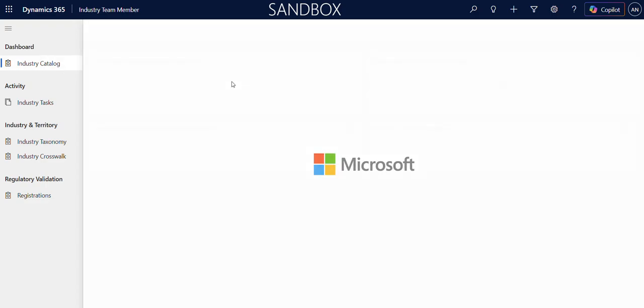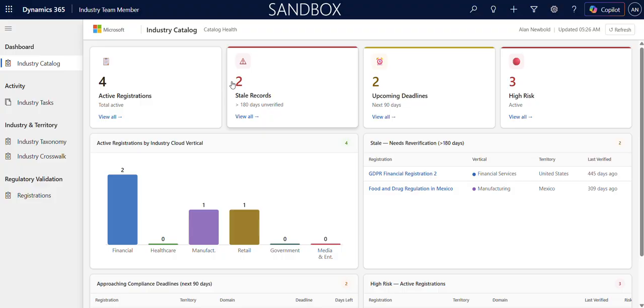So we're back in the app now, right? Let's look at how a registration becomes real seller intelligence. We'll get to the point where we're looking at sales agents, but right now we're going to cover the registration